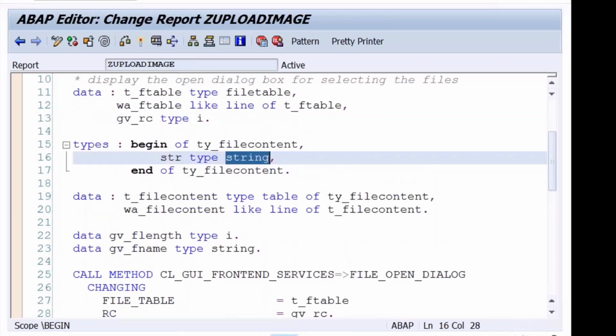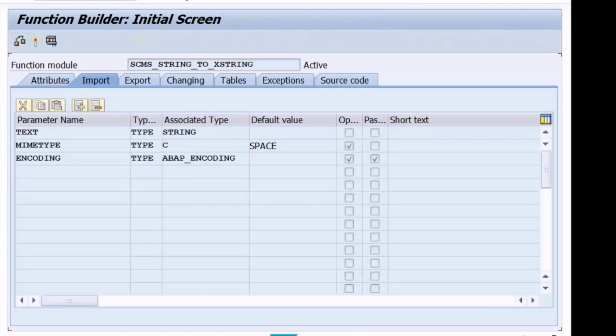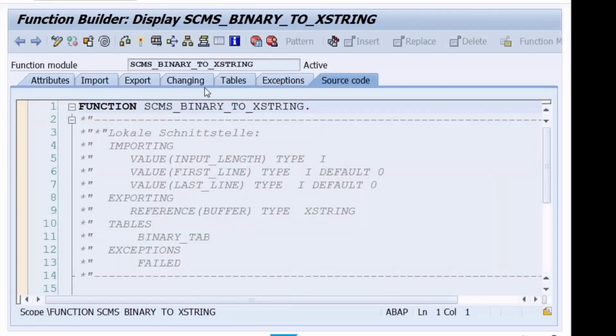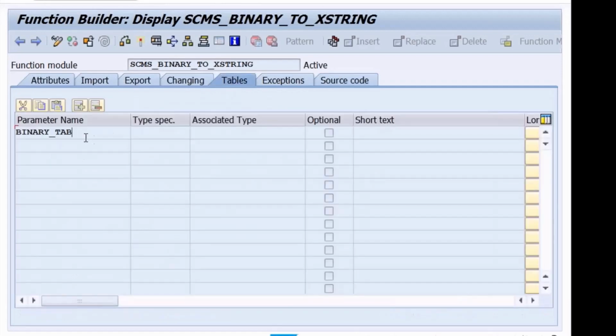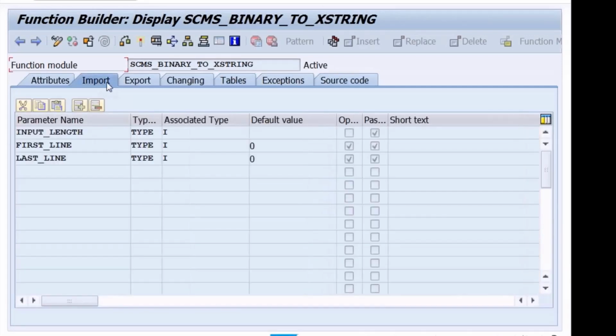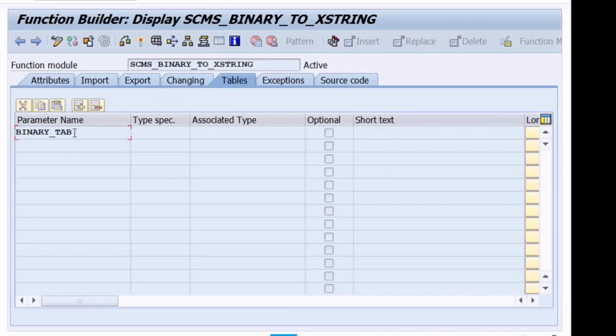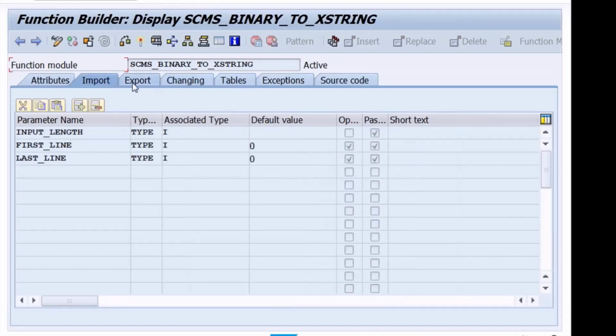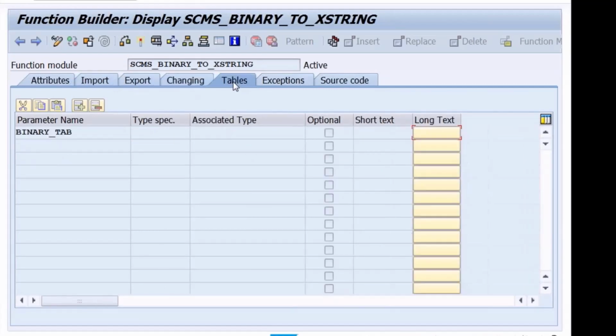Okay, one second, let me take the function module SCMS_BINARY_TO_STRING. Binary tab they gave, but they didn't give any type here. But instead of declaring a string, declare it as XSTRING. Directly as string? Yes. Okay, let us try like that.